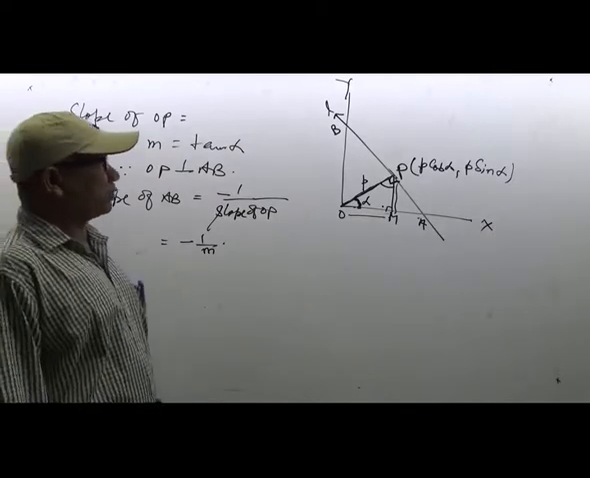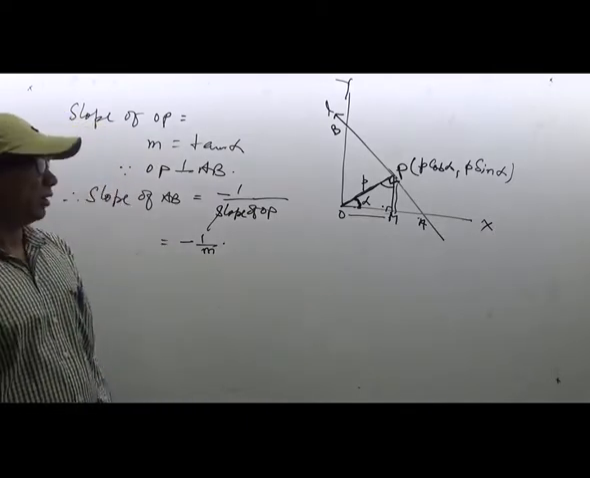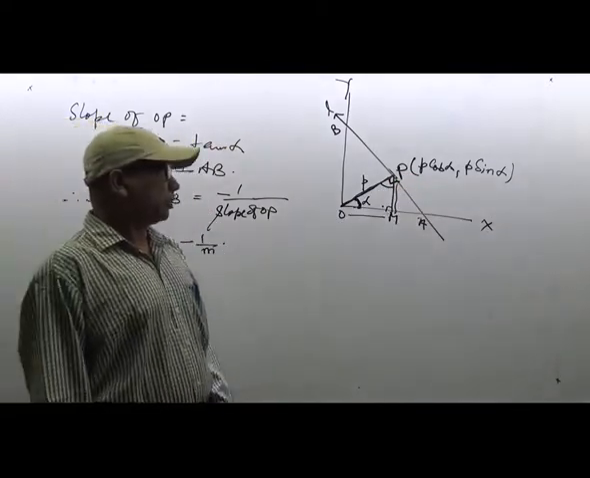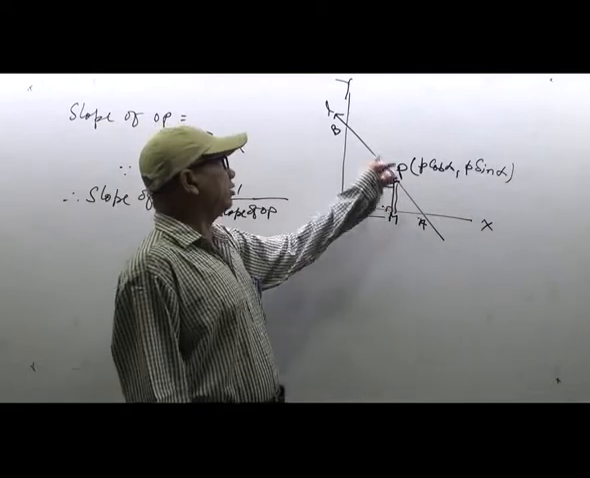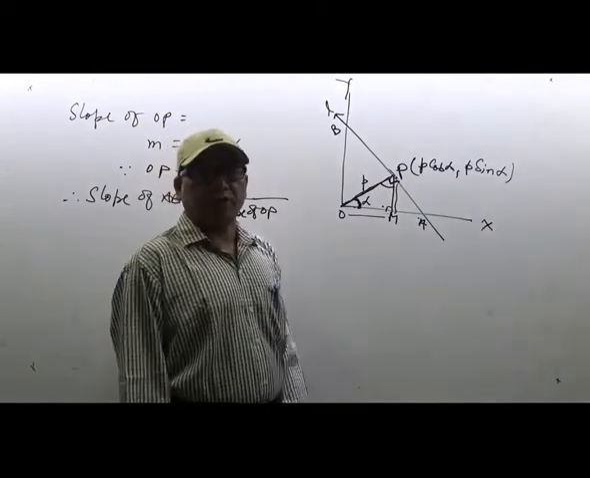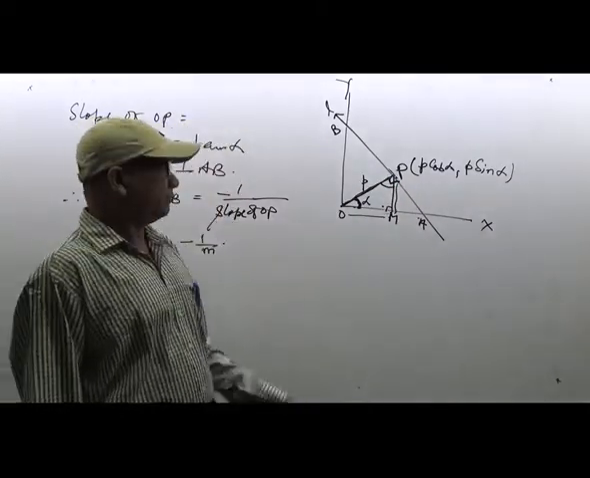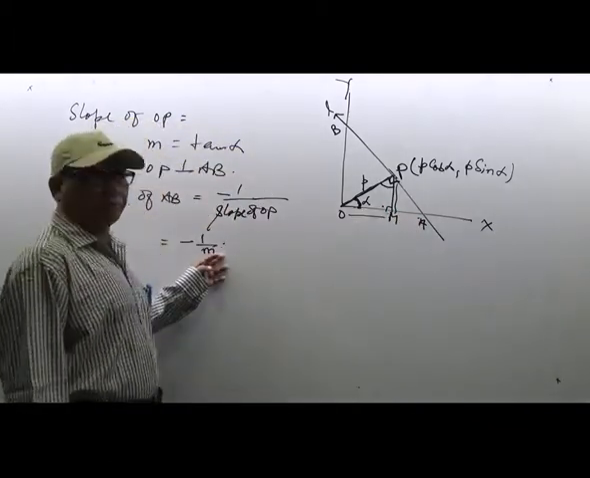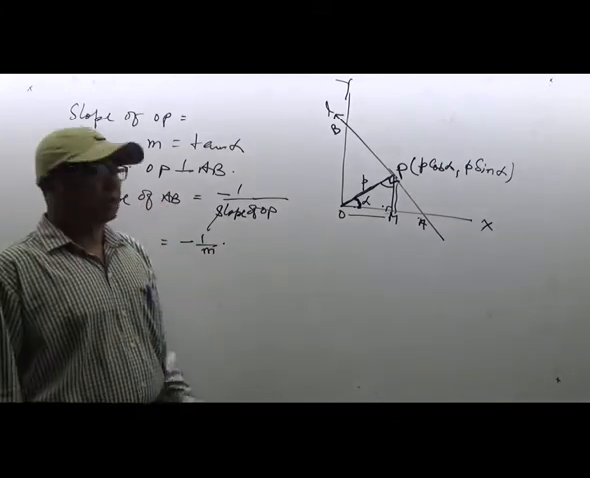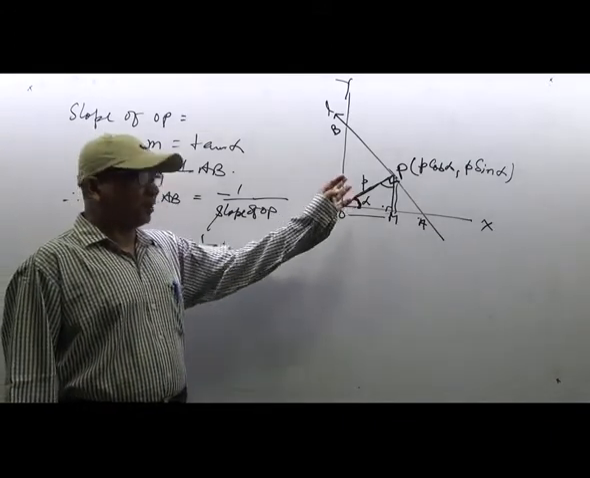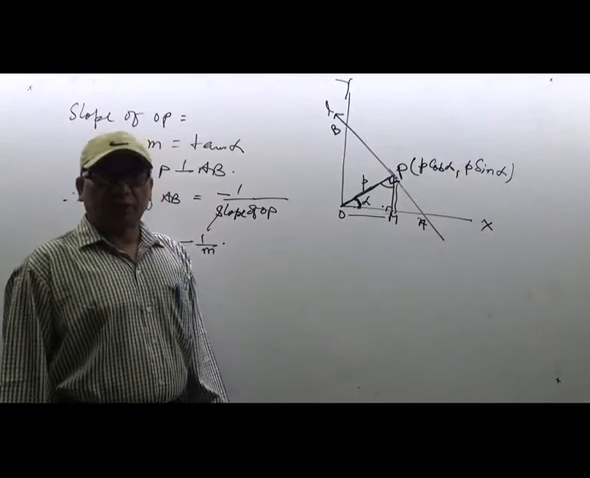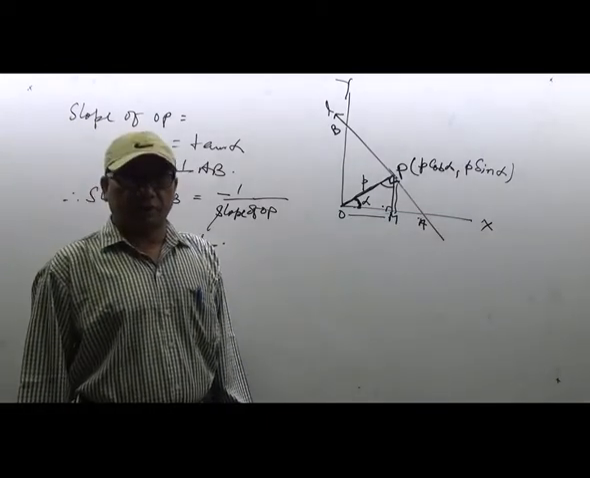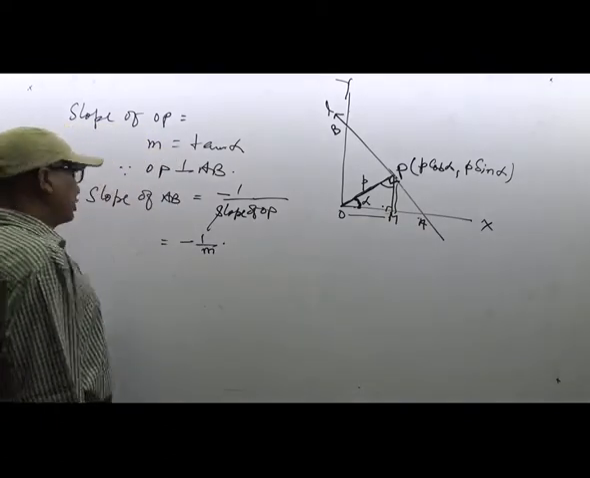तो AB का स्लोप गिवन है और एक पॉइंट गिवन है, P cos alpha and P sin alpha. If the coordinates of a point P lie on this line, which coordinates are given, P cos alpha and P sin alpha, and slope is also given. The slope मालूम हो, एक point मालूम हो, the equation of the straight line is y minus y1 is equal to m into x minus x1. The equation of straight line AB is